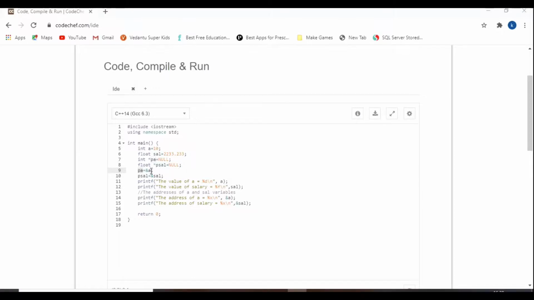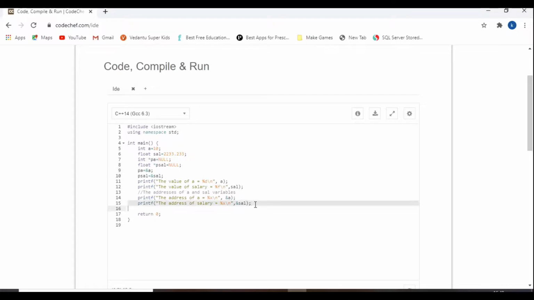As I said, a pointer is a variable whose value is the address of another variable. So I am giving the address of a variable to the pointer. So pa will have the address of a, and p sal will have the address of salary.